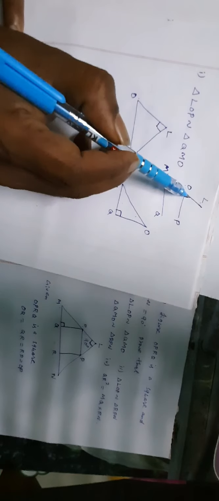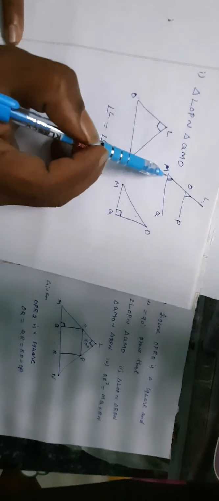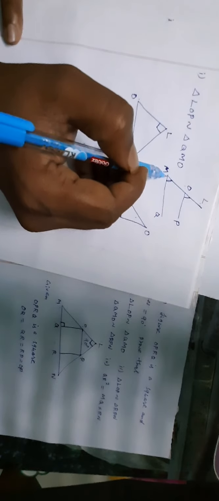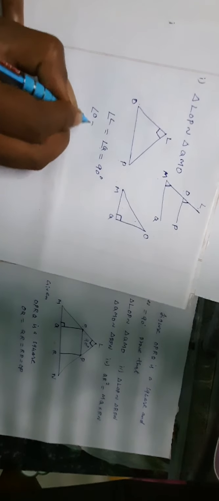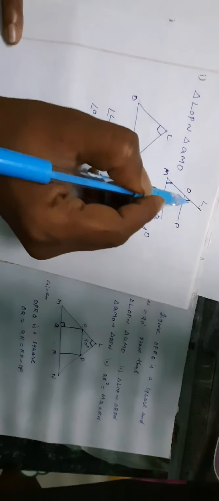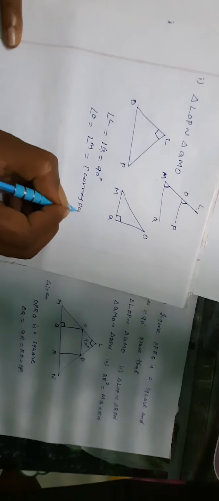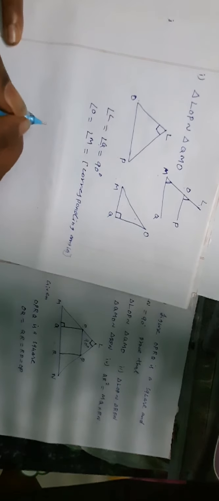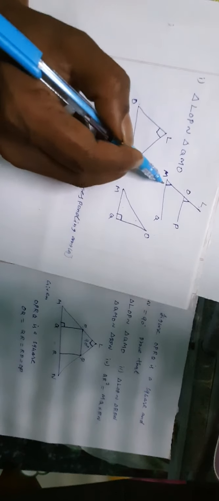So now here is LOP, and here the angle forming at O, and the next here the angle forming at M, right? These two angles are equal. That is, angle O is equal to angle M, because these two angles are corresponding angles. Corresponding angles are equal. So I can take angle O is equal to angle M, right?